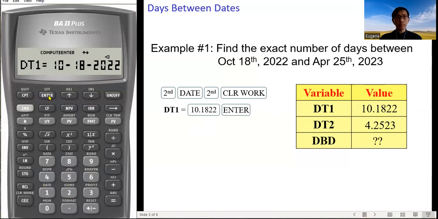Press enter. Move down to get the variable DT2. Input 4.2523. Press enter. So we get April 25th, 2023.